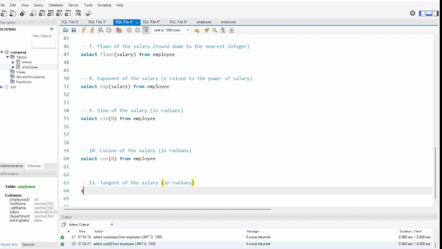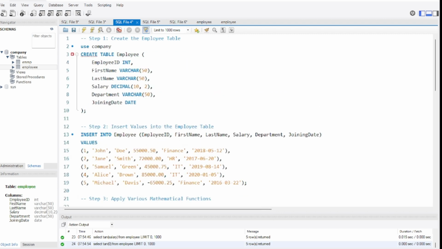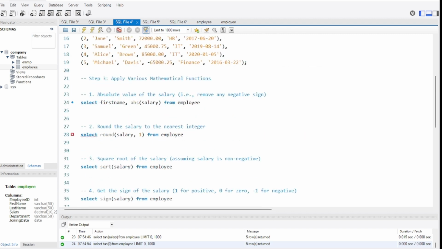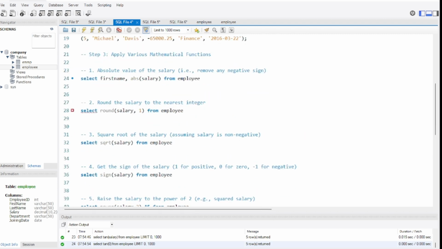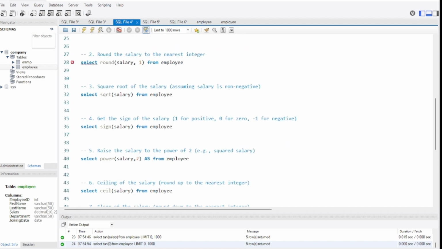The last one. Tangent of salary. Select tan salary from employee. So it will be tan value of salary. If I write tan of 0, see it will be 0. Okay, clear. So we have understood absolute function, ABS, round value, round, square root value, SQRT, sign value for getting